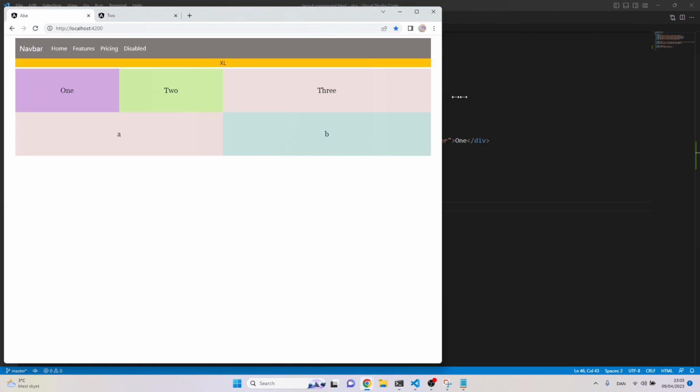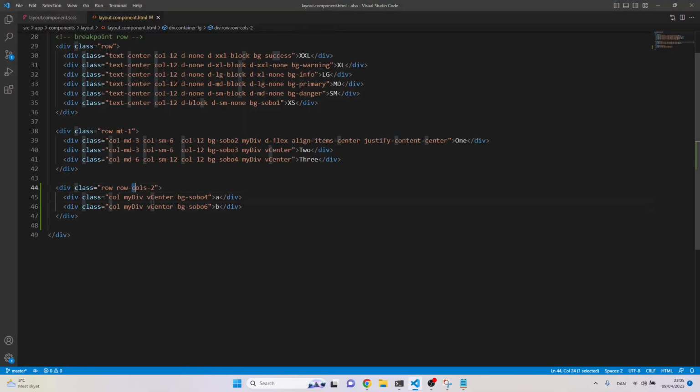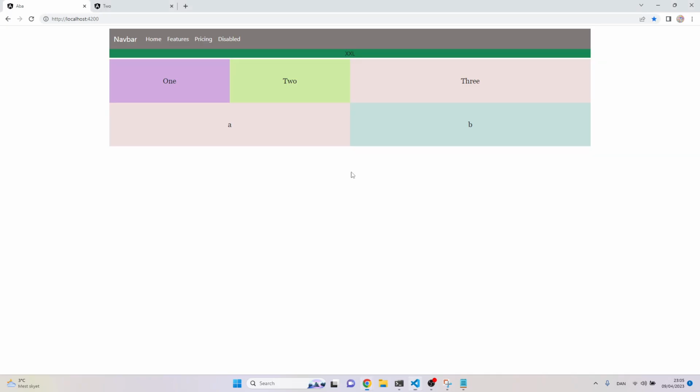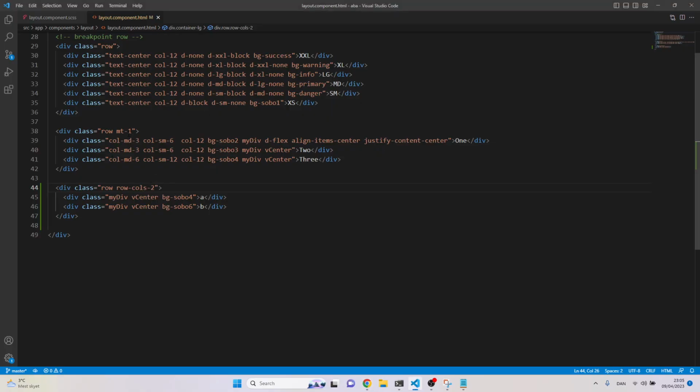But the thing is, when we know that it will always have the same width, we can add it in the row. But I don't like this because I have a consistent pattern. I always work with the column, so I'm not going to add it here, but instead I'm just going to add it here. So column, that's 6. Okay, so 6 6, and let's have 3 4 5 4 5 6, and the first column will have nested 2